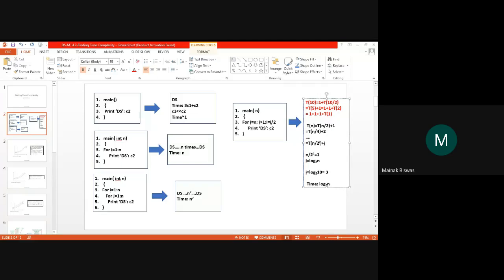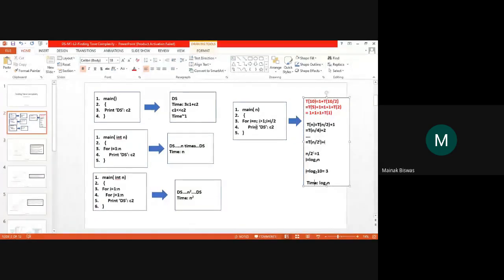Now we go to the next part. You have understood one thing: whatever happens in this line will run only one time. If I put n equal to 10, or n equal to 1000, or a million, this program will still run once, because n doesn't have any significant bearing on this one line of code. So this one is basically 1. It will run a maximum of one time.